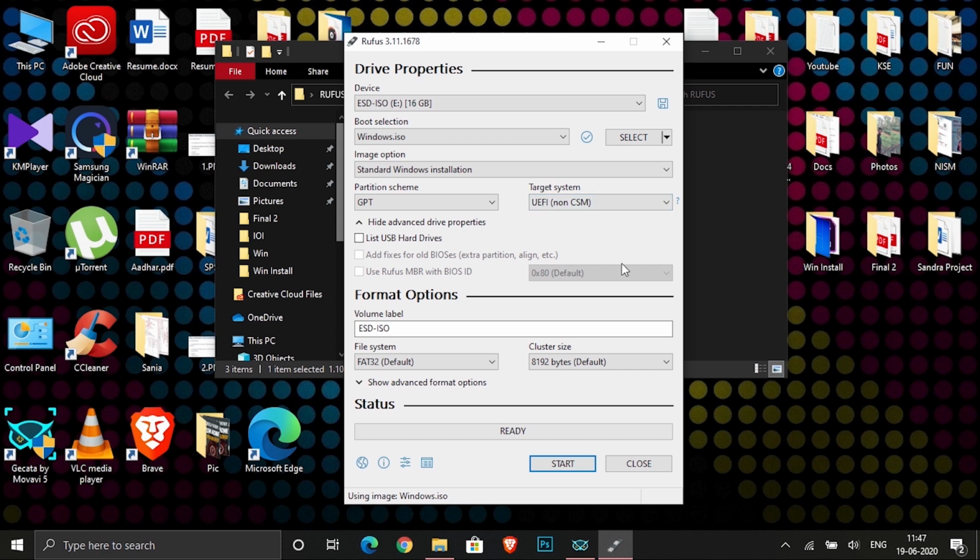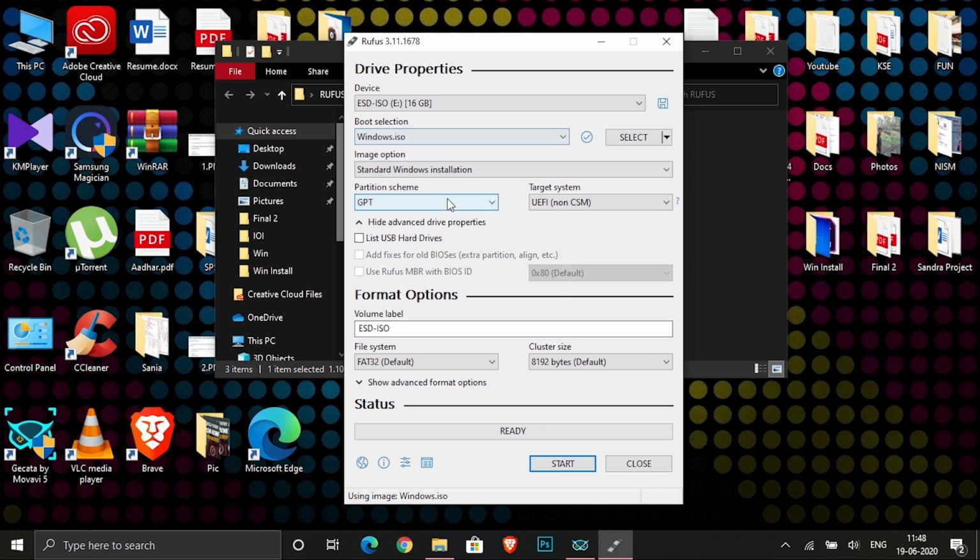My laptop is kind of latest, it's a 2019 model, so I'll be using GPT. This is the main part that you have to focus on, GPT or MBR. If you have chosen GPT and you are trying to boot the pen drive and it doesn't boot up, you can always create a new bootable pen drive with MBR. I hope this is clear to you guys.